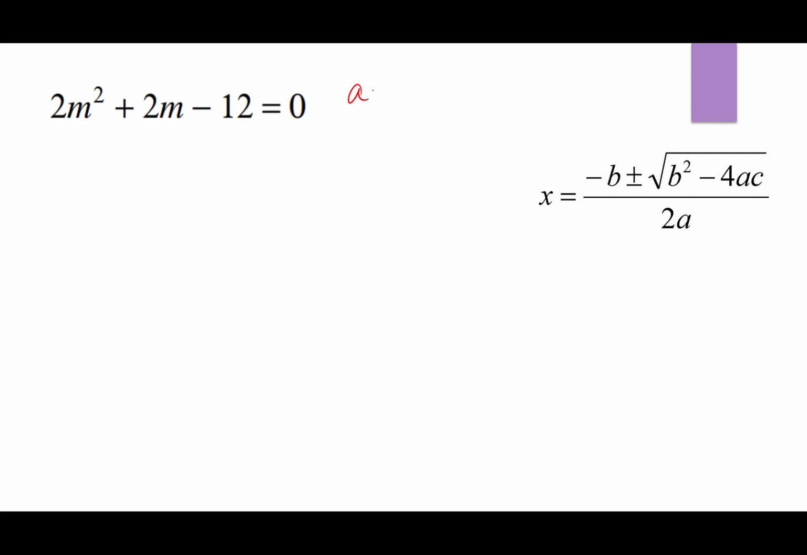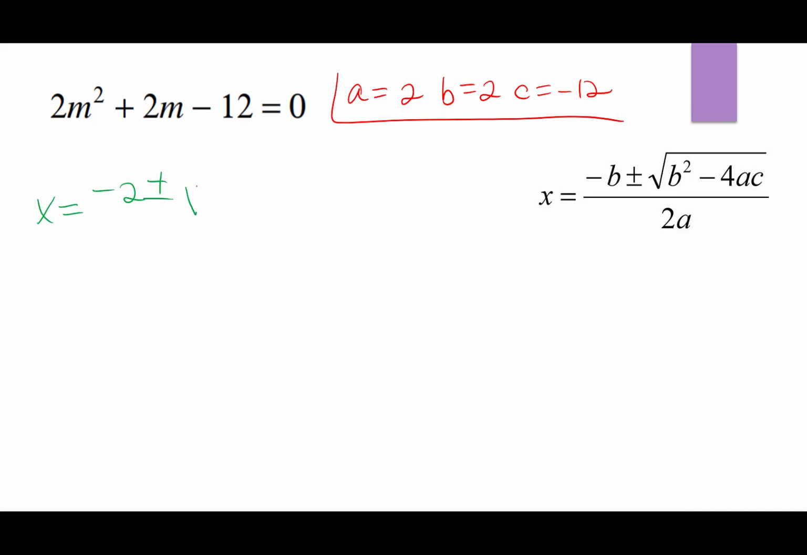This example is in descending order, and all three terms are on the same side of the equal sign. So we can go ahead and say A equals 2, B equals 2, and C equals negative 12. Once you have identified your A, B, and C, you can go ahead and start plugging into the formula. This is x equals negative 2 plus or minus the square root of 2 squared minus 4 times 2 times negative 12, all over